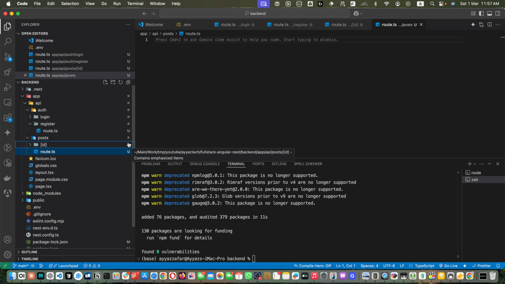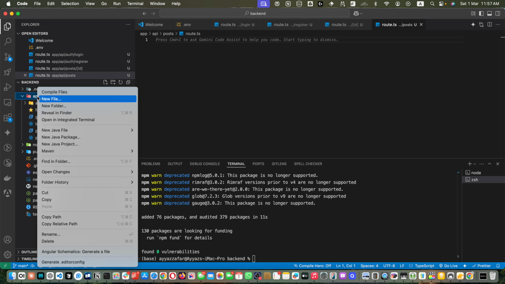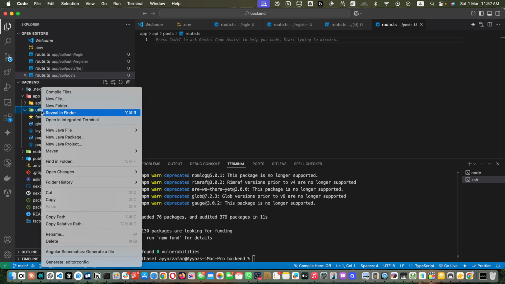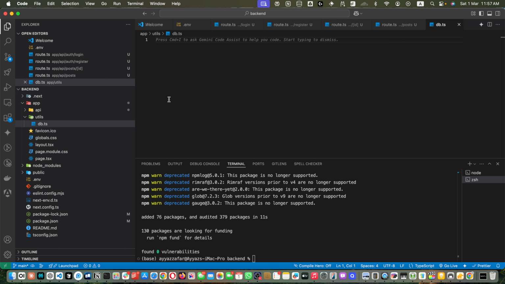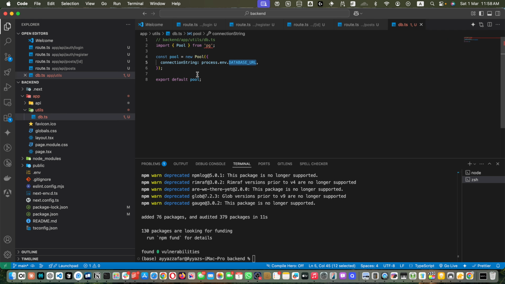First, let's create a database client that we can import in our routes for making queries. We can make a simple module, utils/db. So in the app folder, let's create a folder utils, and within that I will create a file db.ts, and then we will have this code in it: Pool from pg, and then we create a pool by using the environment variable that we created in the .env file,